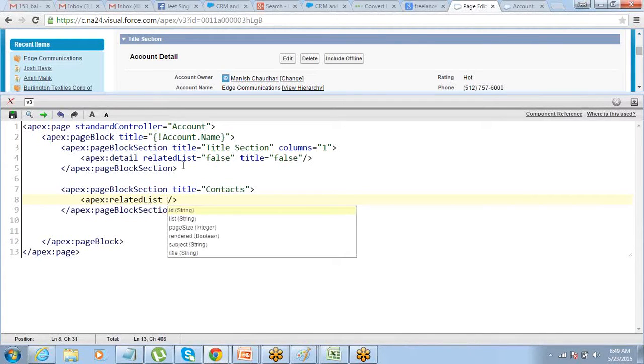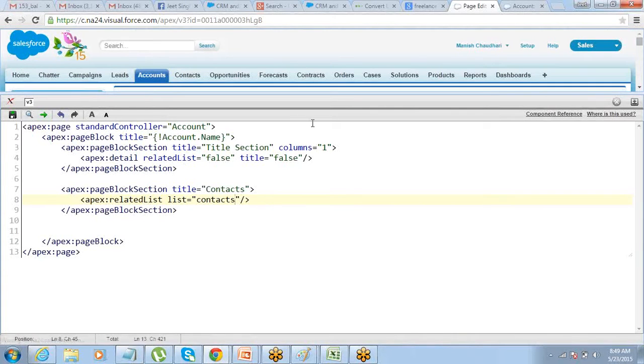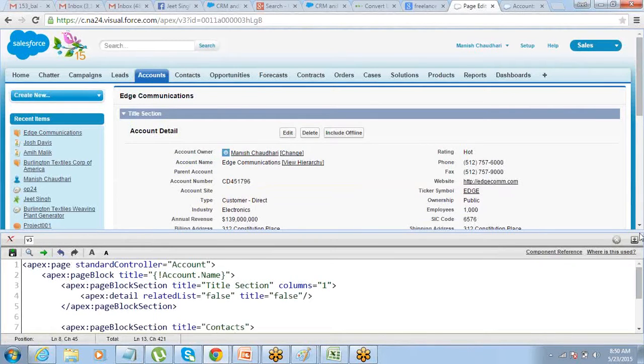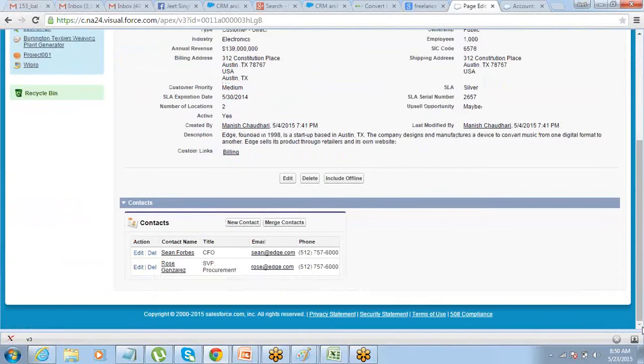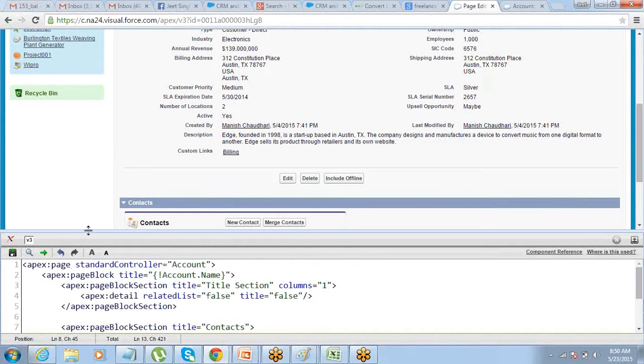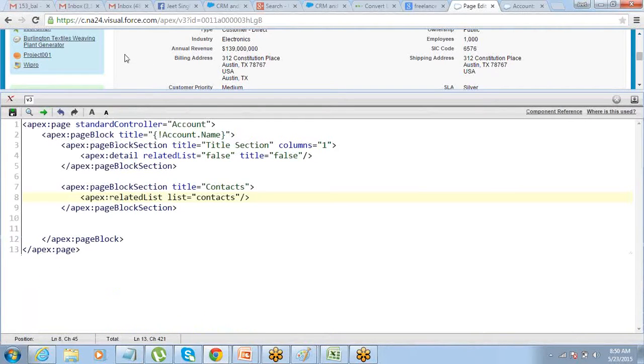Okay, and for this related list there is an attribute called list, which you have to put the list name in, save it. Same problem, columns equals 1.